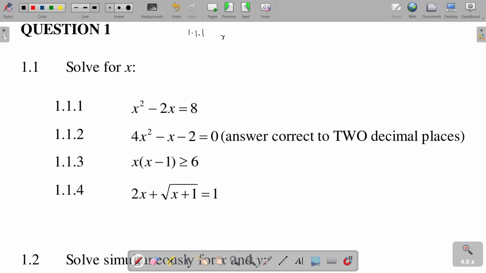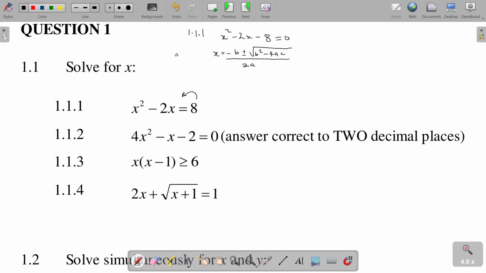So it's going to be x squared minus 2x minus 8, when you transpose this 8 to the other side, this is equal to 0. I recommend the use of the quadratic formula if the formula is not specified. So write the quadratic formula: x is equal to minus b plus or minus the square root of b squared minus 4ac all over